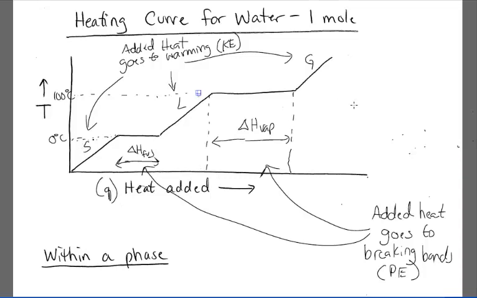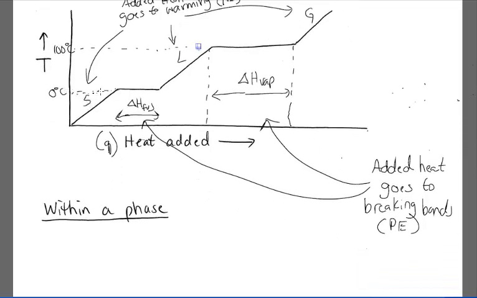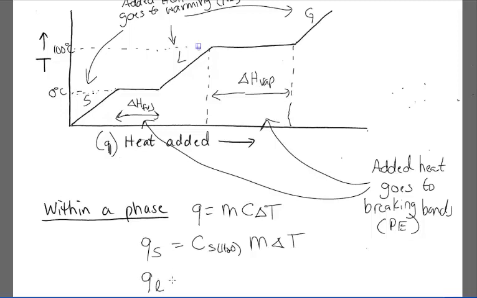All right, so when we are within a phase, in other words, we have an S, an L, or a G within a phase, we can say that the heat amount given, since it directly goes to a change in temperature, can be given by Cm delta T. So we can say that the Q for the solid is equal to C of solid water times the mass of water times delta T. And the Q for the liquid portion,